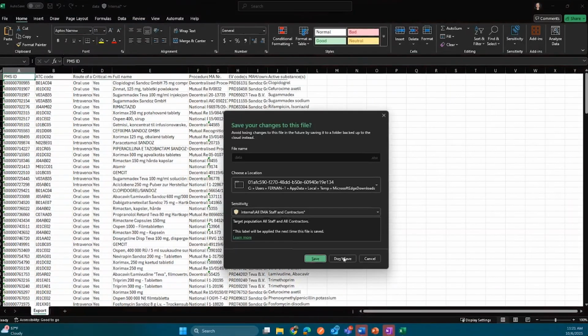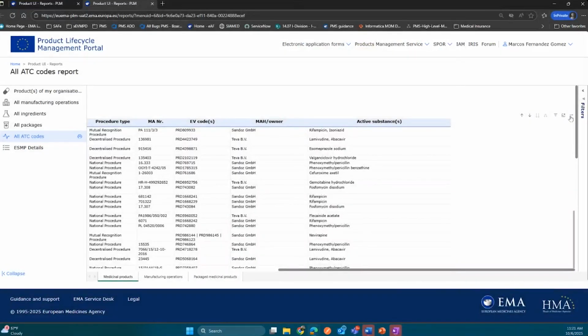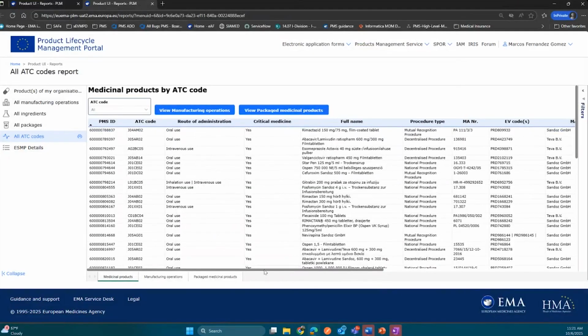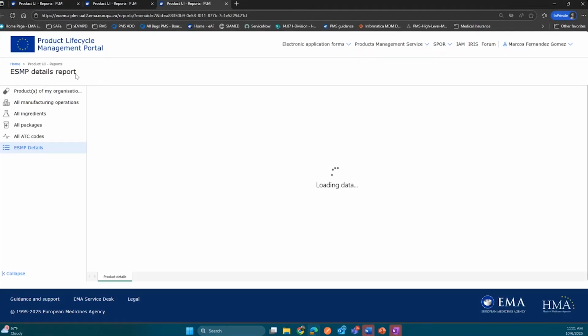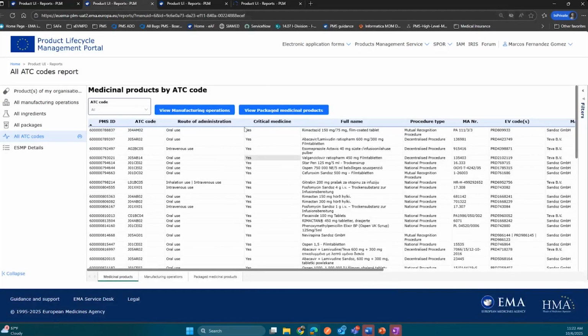You need to scroll a bit to the right to be able to see these three dots that at the beginning were here. It's just because we have more data on the reports. Also, this ESMP details report for the moment is called like this, but we will change the title of the report. This was a requirement from the SMEs because this, and I'm sorry, I think I cannot share because it's a U8 environment, but maybe there is some